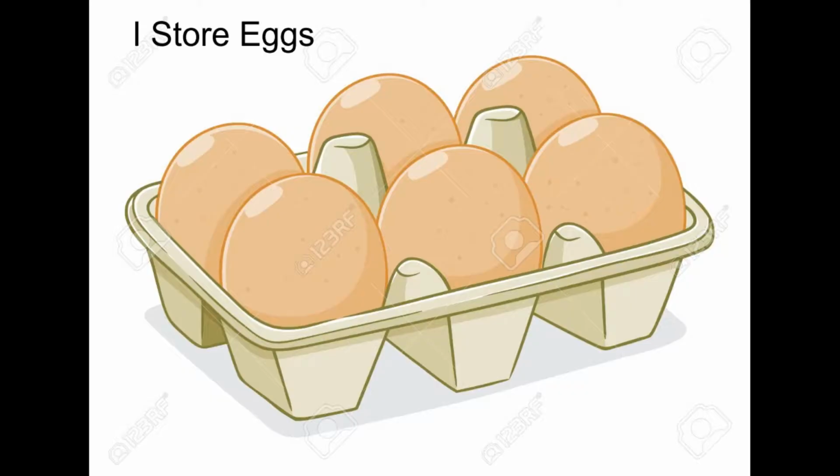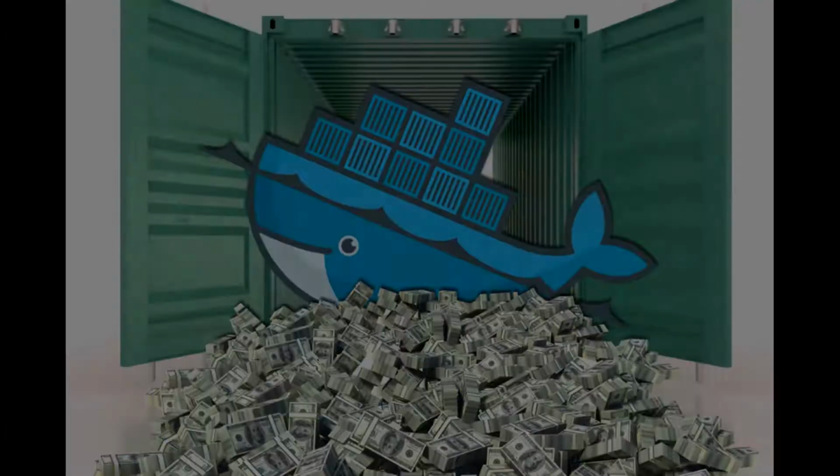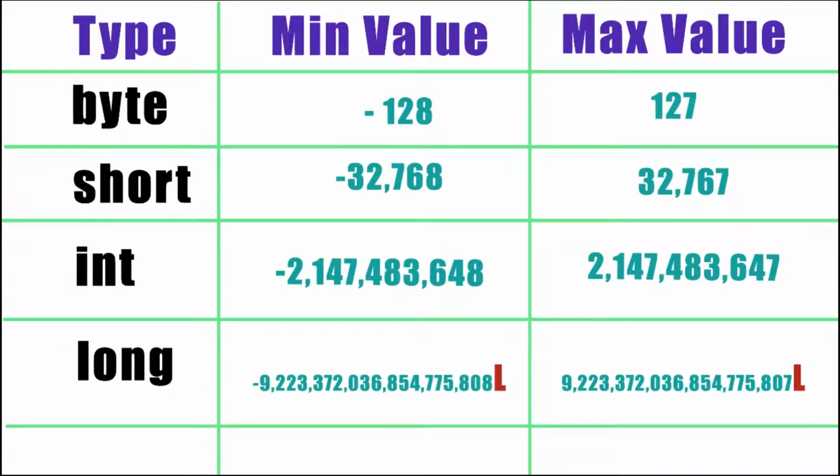So let's go, guys. Variables are like containers used for storing something. We have variables for storing numbers, and we have variables for storing characters and text. So let's start with variables used for storing numbers. We have a variable type called byte, which stores a number between